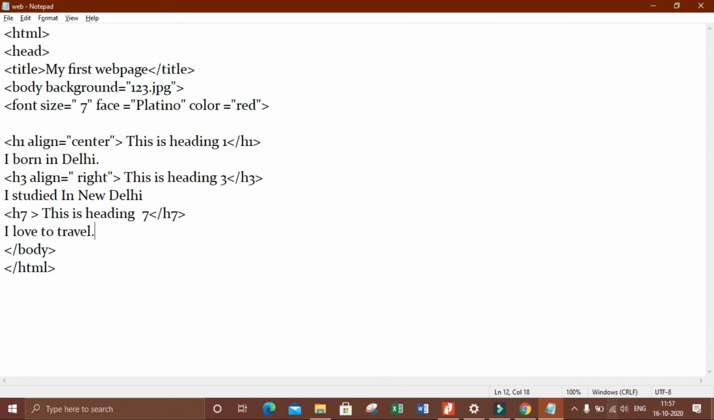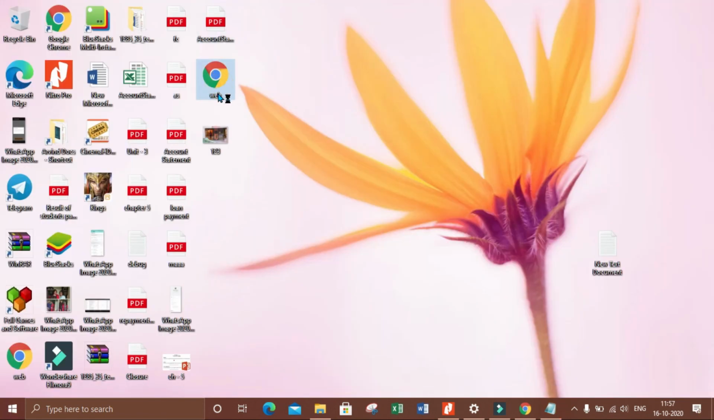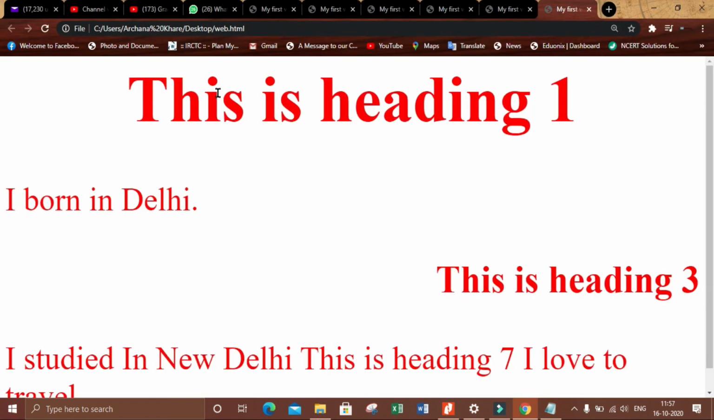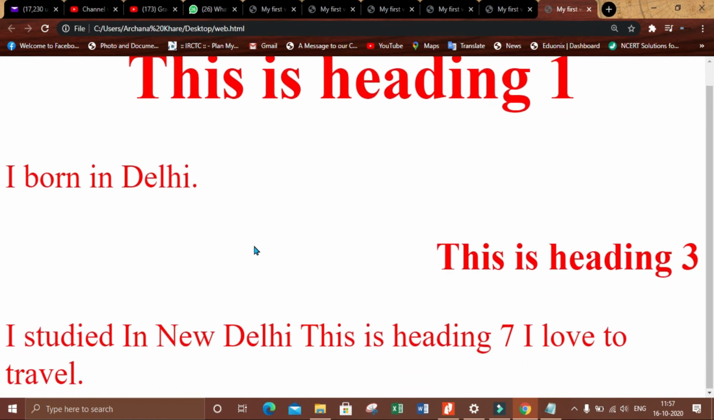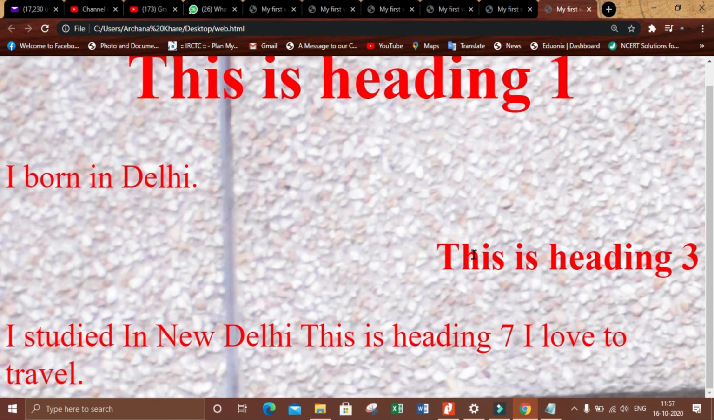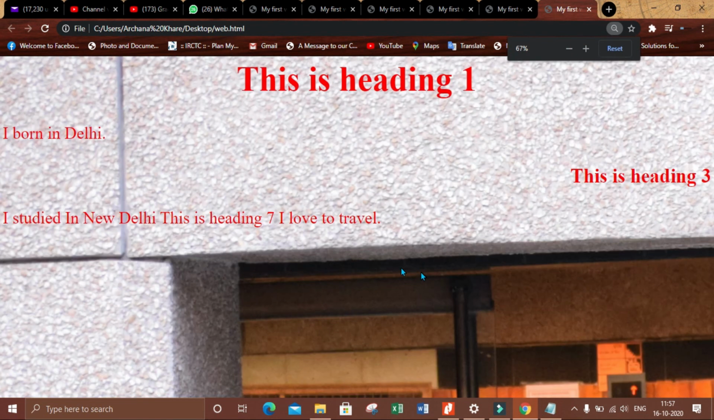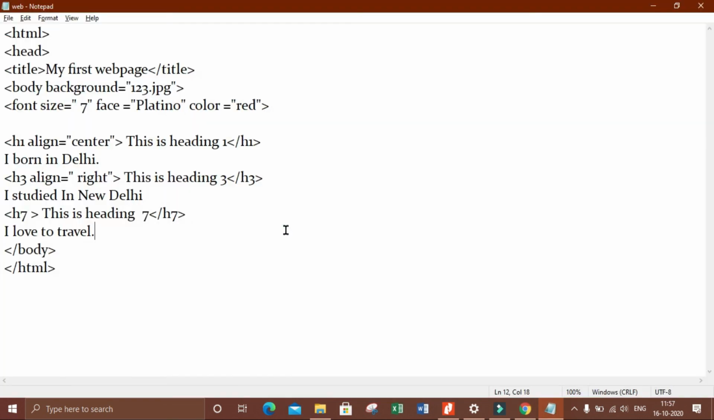save it. Now see what changes it will create on the website. This is the changes. See, this is heading 1. I was born in Delhi. This is heading 3. I studied in New Delhi. And heading 7. I love to travel. Okay,